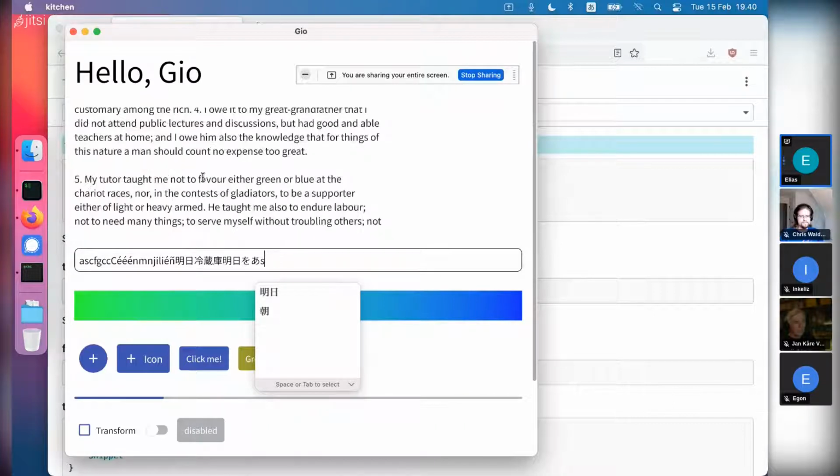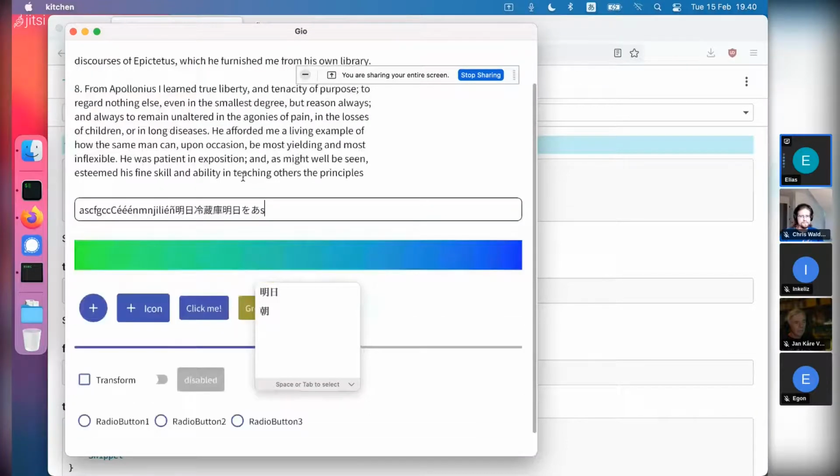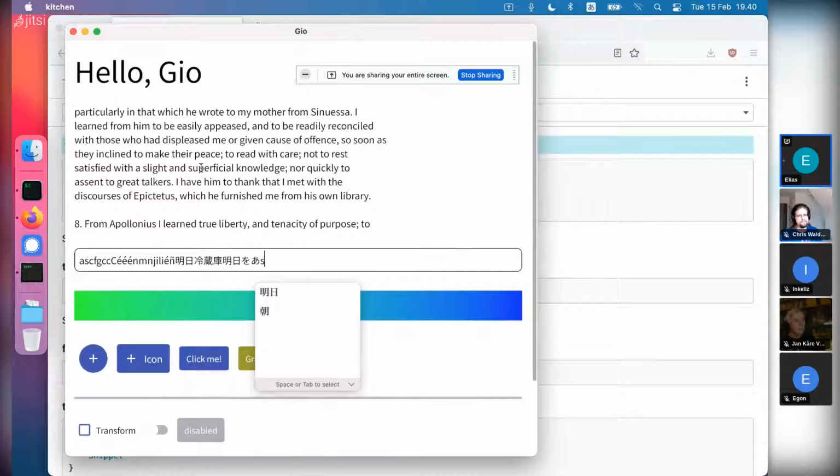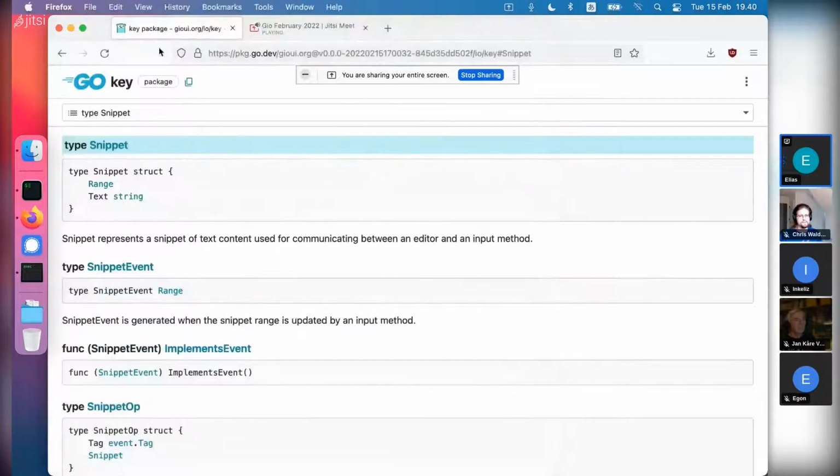So in this example up here, there's a fairly large amount of text, and you don't want to give all of that to the system. You can't realistically do that, especially if you consider edits that can come from your program, programmatic edits. So the interface between an editor, such as this one in Gio, and the system, such as the macOS operating system I'm running, is best modeled as having a small view into the editor. And that's represented by the io/key package,